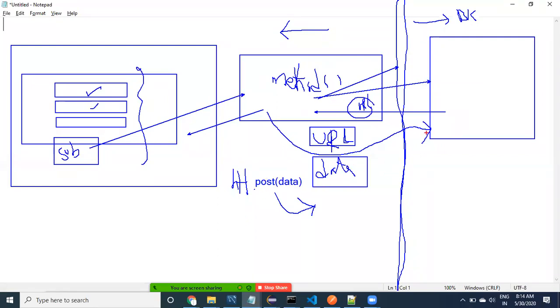This REST service will do something in the background and save the data into the backend. Then we need to display to the user, if it is successful, that it was successfully saved. If it is not successfully saved, then we need to display that something went wrong, or please contact admin. Such error-related information needs to be displayed to the user.